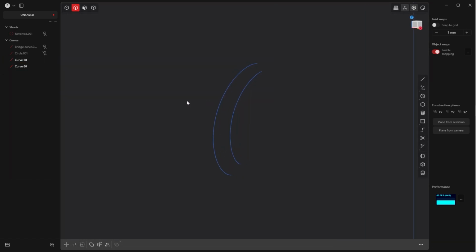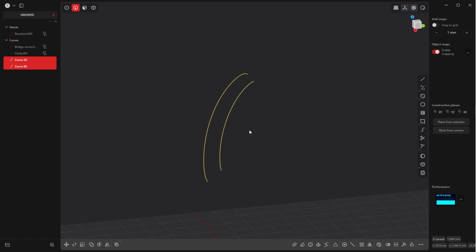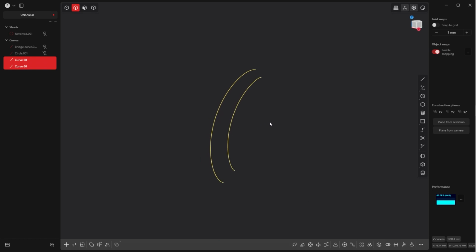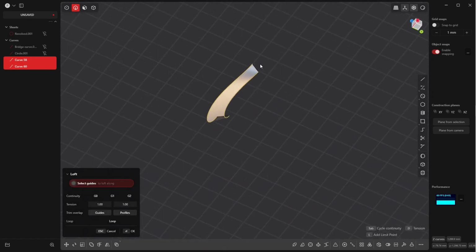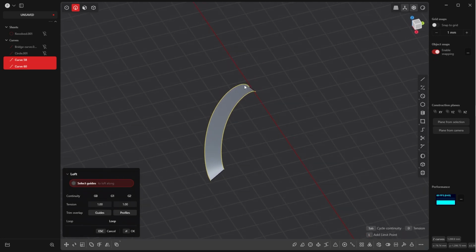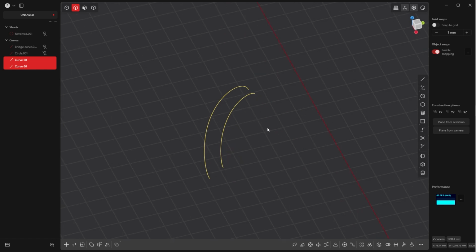And we will loft these two edges. If we go to Edge mode and loft right away, we still won't get the result we deserve. We get something like this, but I want to have this nice curvature here. So therefore we have to create some lines. Again, Shift A